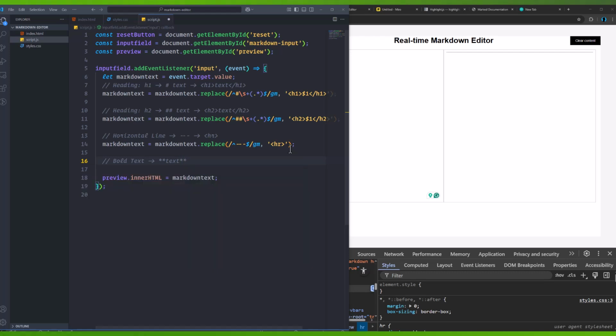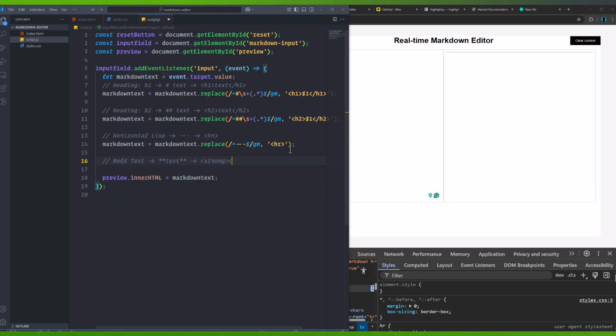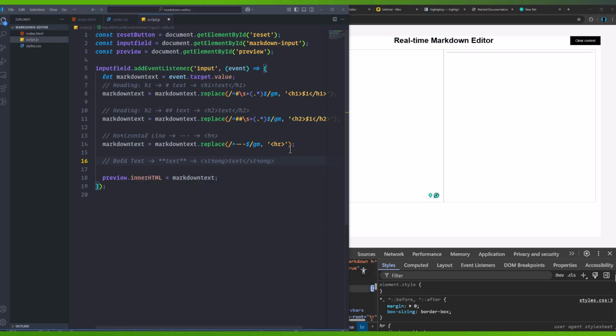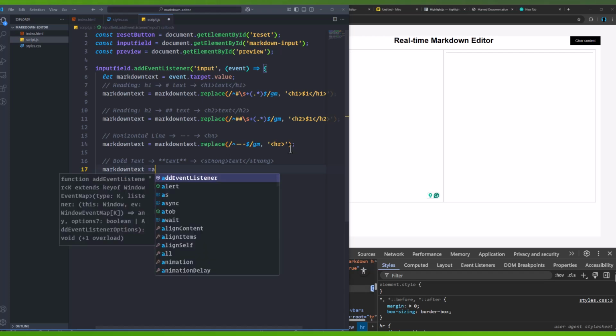So this is our rule. If the user types something like this, we will convert that into a strong tag, and the text, whatever the user typed in, we will replace it there. We will put it there. Now we say markdown text equals